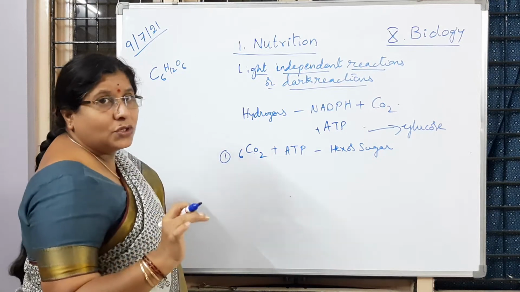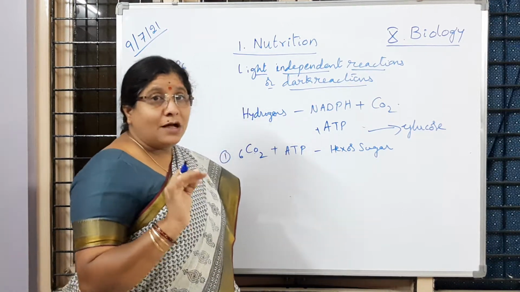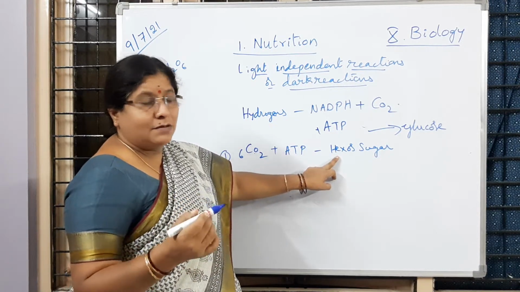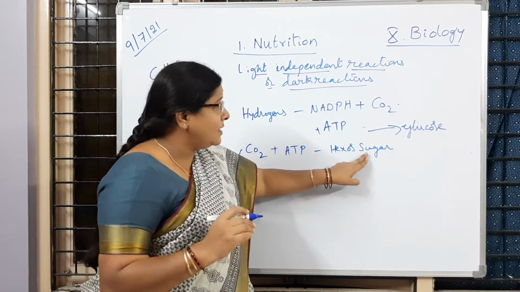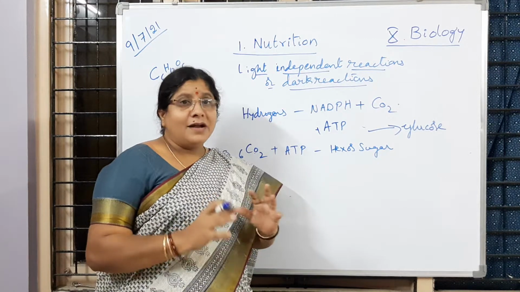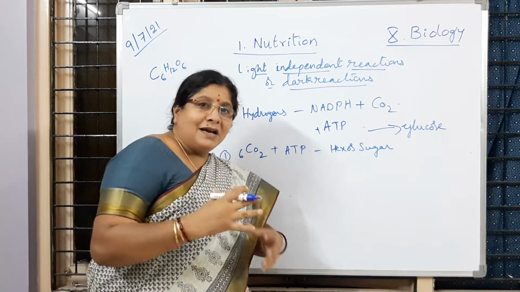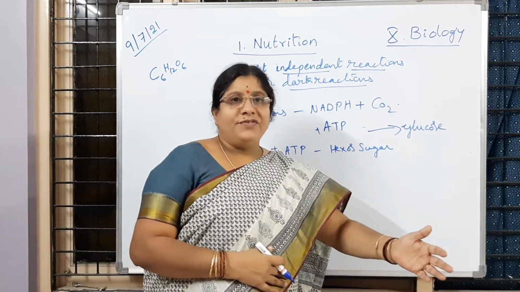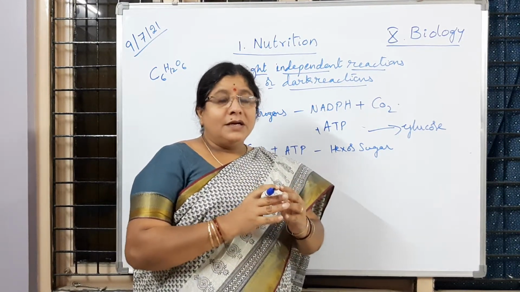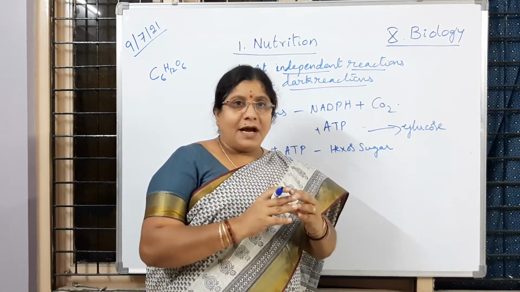Is it clear to children? Glucose always has how many carbon atoms? 6 only. Here hexose also means a sugar with 6 only, no children? Hexo means 6. So this hexose sugar is a 6 carbon compound, but it is highly unstable. It is not having stability. Means what? You will be learning that chemical bonding in the chemistry part of your lesson, children, how chemical bonding happens between the atoms of different substances taking part in the reactions.